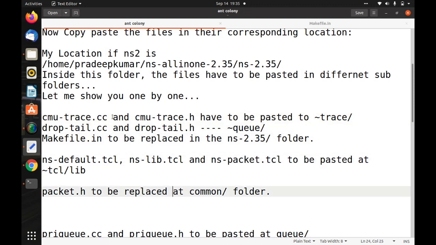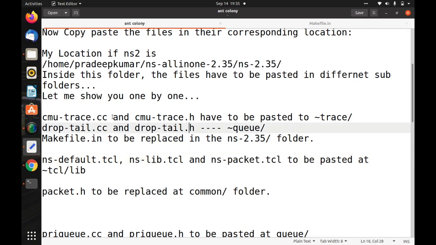That entry has to be given into the packet.h file. Then in ns-default you have to set the default values, and in ns-lib.tcl you have to set the creation of the agent function in OTcl. Then in ns-packet.tcl you have to include all the packet types, so that the packet type is included in OTcl as well. Actually packet.h is a C++ source file, whereas ns-packet.tcl is the Tcl source file. So NS2 works with two programming languages, one is OTcl, another is C++. So it is our responsibility to include it at both the locations.